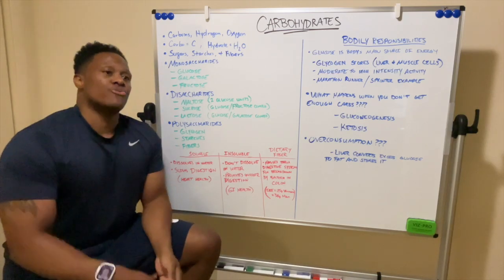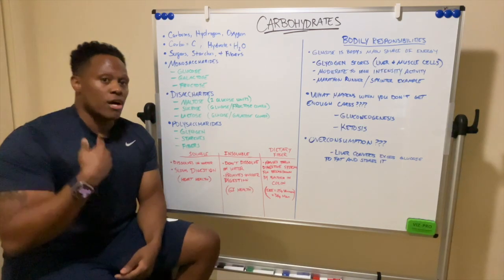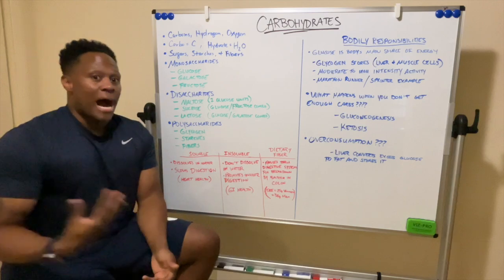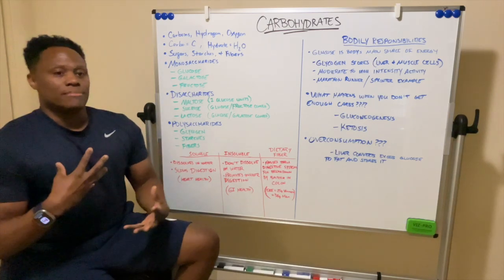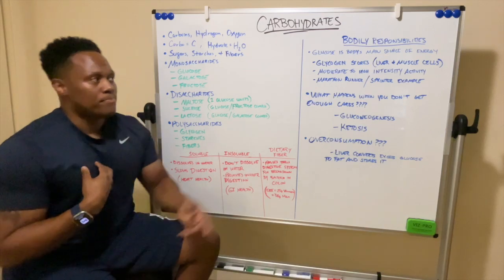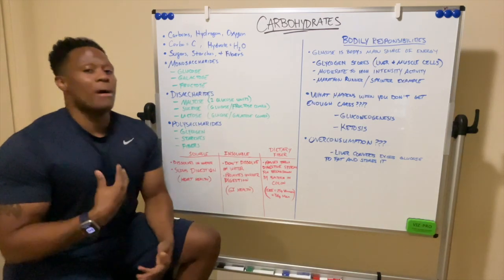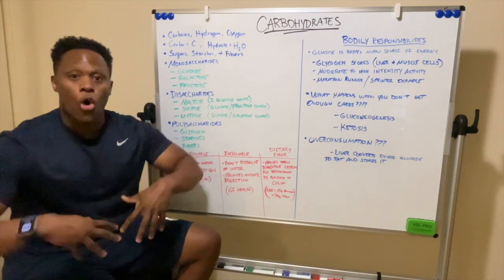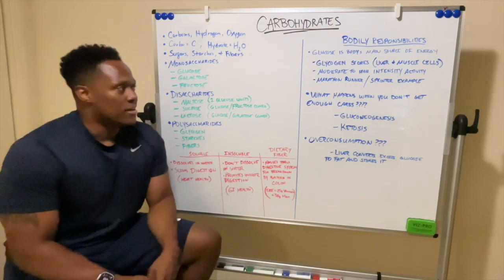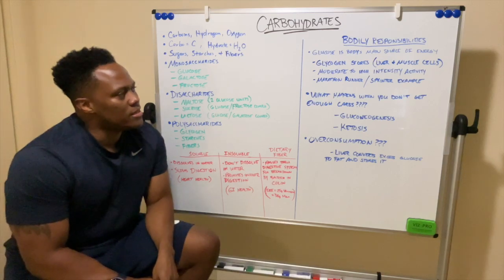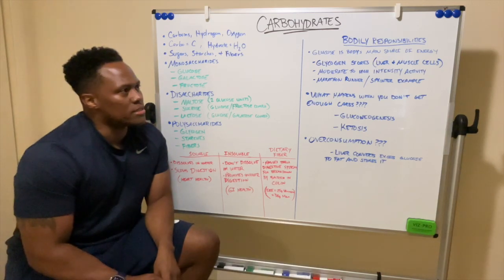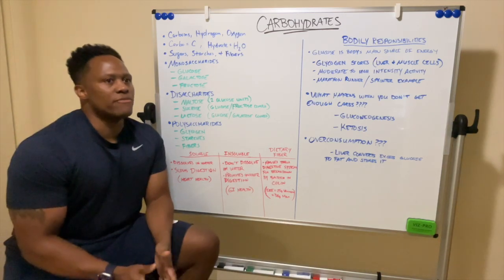Glucose is also used for your liver and your muscle cells and even your nerve cells. Your body in general, in order to function and to keep maintenance of your cells that's in your body, it uses glucose. Even your body needs energy to do its own internal duties. So I thought that was pretty cool to learn. Moderate to high intensity activity. So basically what that's about is that's what glucose is meant for the most.